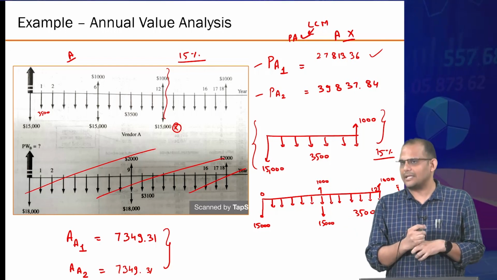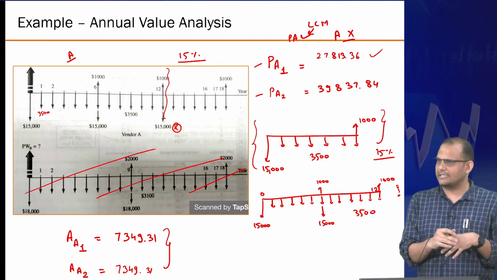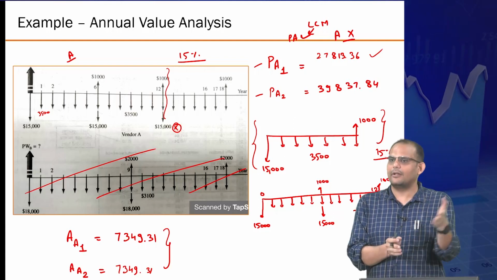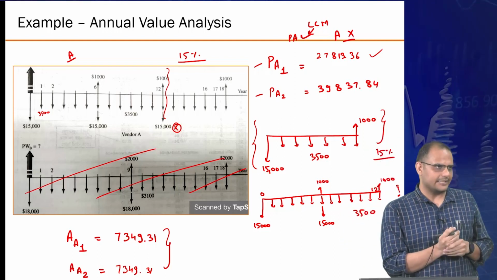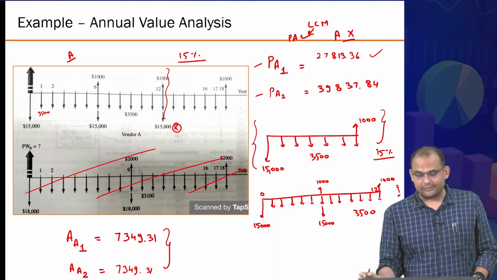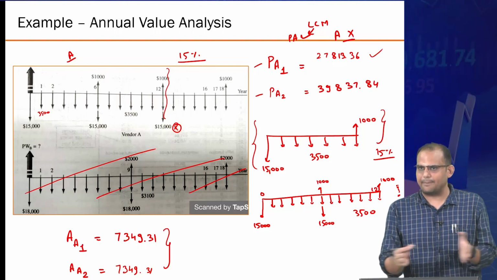You'll still get the same answer. When you're comparing the alternatives, you will still get the right answer. It doesn't matter whether it is a present worth method or an annual worth method. As long as you're consistent, you will get the right answer. But this is with the situation when we are dealing only with a repetition of the cycles